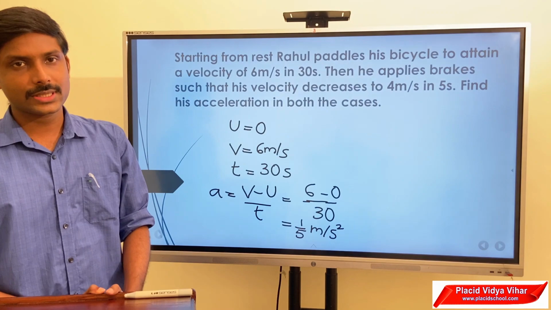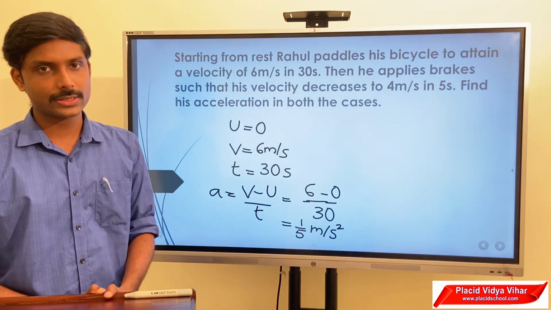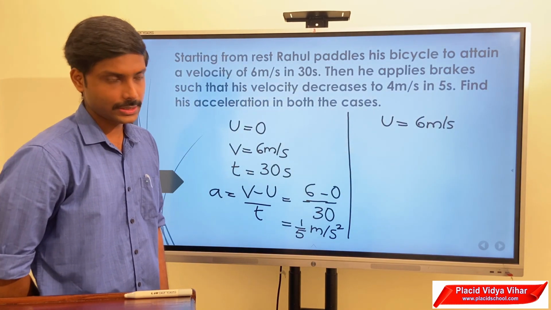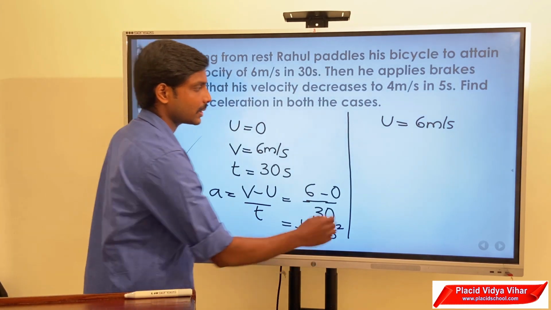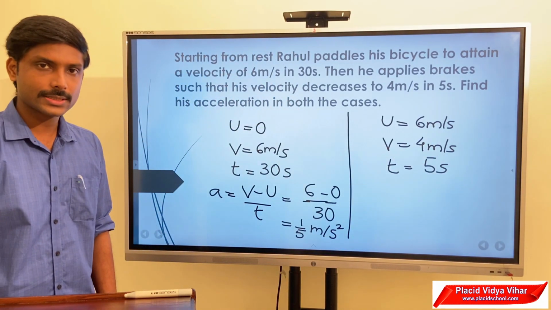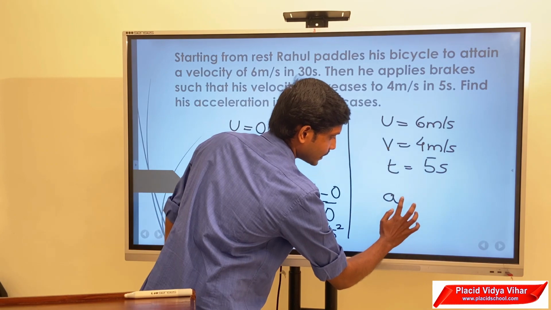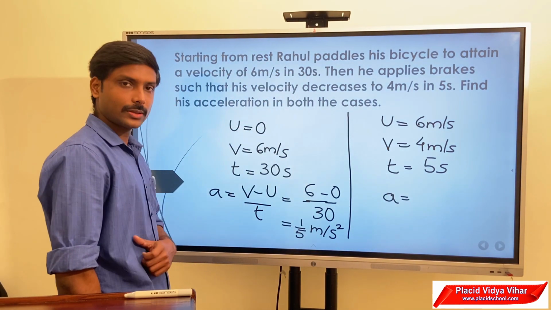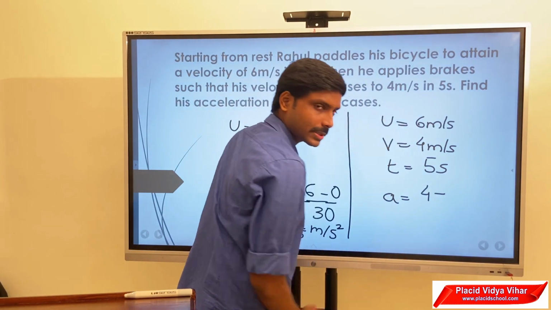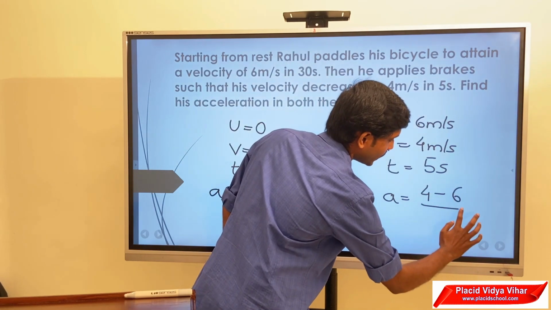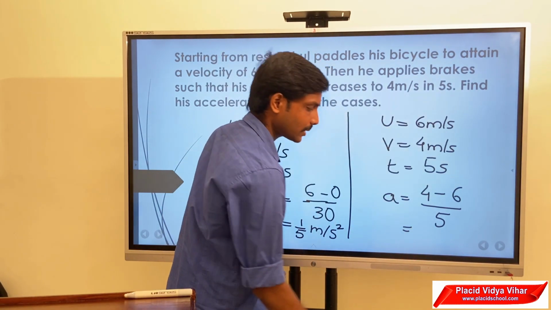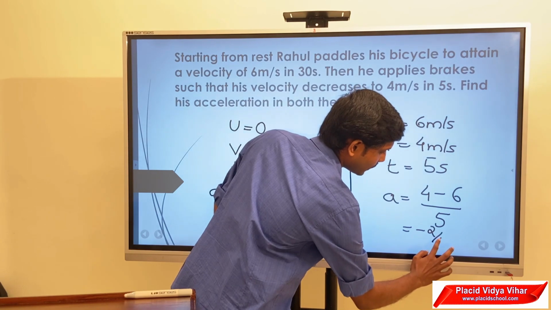Now, what is the second case? He is applying the brakes. The initial value of velocity is 6 meters per second, and the final value of velocity is 4 meters per second, and the time taken is 5 seconds. Therefore, acceleration is equal to, not writing the equation again, final value minus initial value by the time taken. Here it is minus 2 by 5